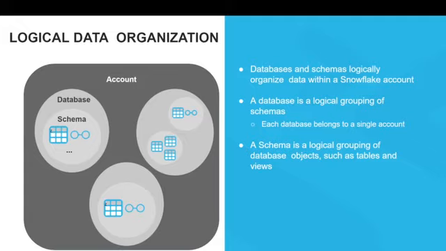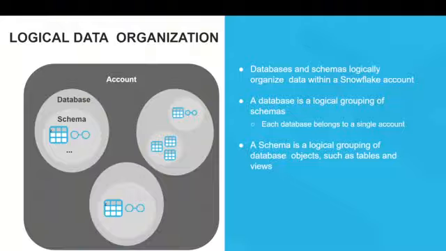So you cannot have multiple databases in the same account, but you could have multiple schemas across different databases in the same account. Now, a schema is a logical group of database objects such as tables, views, streams, pipes, stored procedures